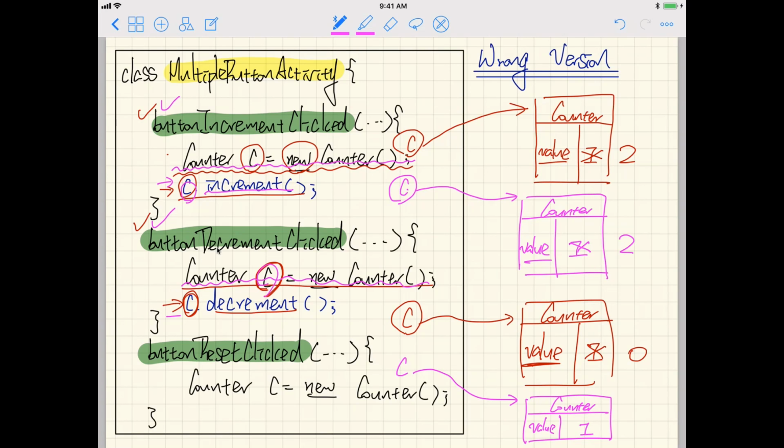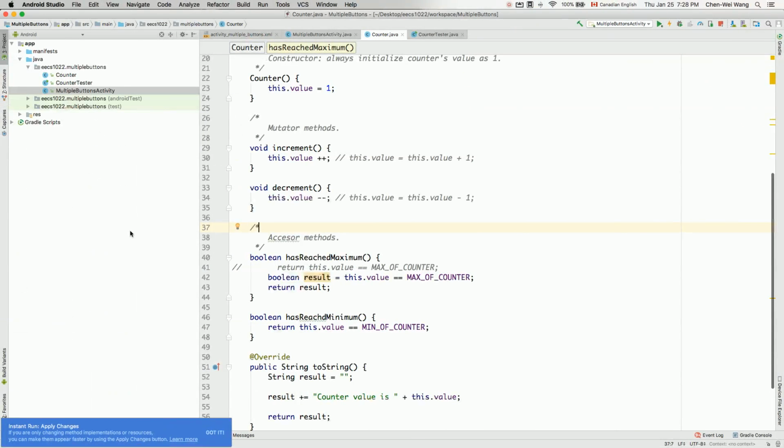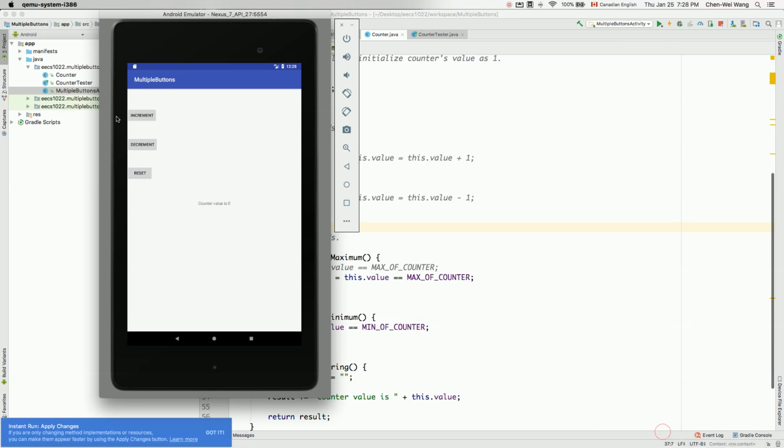And then when you reach the second line for the same block of code, now the context object is this C over here. And then when you say decrement over here, you're going to have C dot value, and the C is a context object. So C dot value is over here. So when you say decrement, it's going to go from 1 to 0. That is why every time you click on the decrement over here, the counter value is always going to be